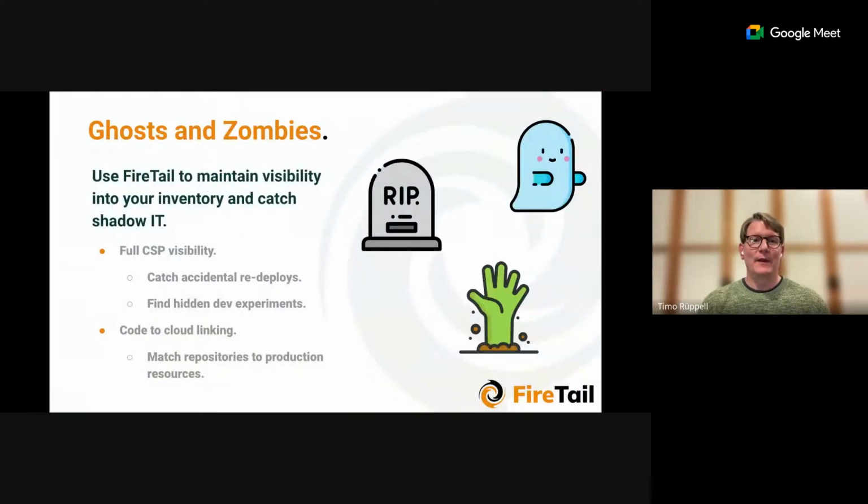All right, finally, let's quickly look at decommissioning again. Here, the main fact of how FireTail can help you is that when you integrate FireTail in your cloud environments and within your code repositories, we find these APIs and connect them together. Then we can start alerting and informing you about mismatches, like a code repository has gotten pushes and tried to deploy, but the changes are not showing up in the cloud, or a cloud endpoint or cloud API resource was removed and suddenly is coming back in,